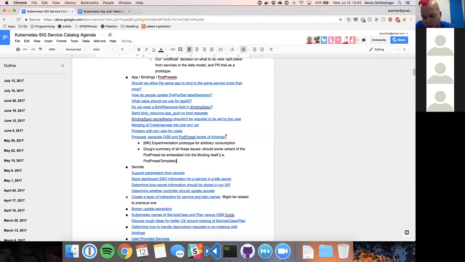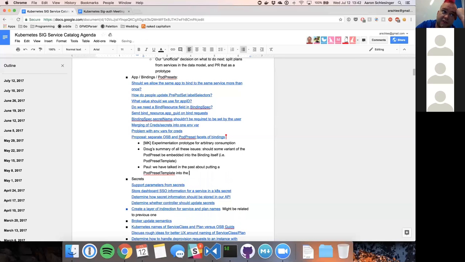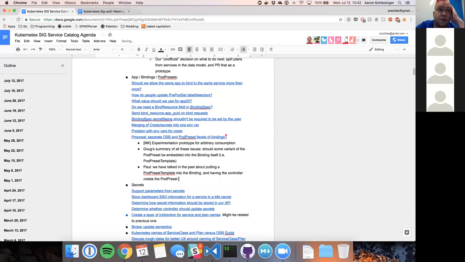So I do not think that was necessarily a statement of that being the exact right factoring. I view that now as more of a straw man conversation to illustrate the general concept of a linkage between binding and PodPreset. I have a couple pieces of data that make me think that they should definitely not be part of the same resource. So the first is community feedback. Nal doesn't like it. I've gotten feedback from Joseph Jacks